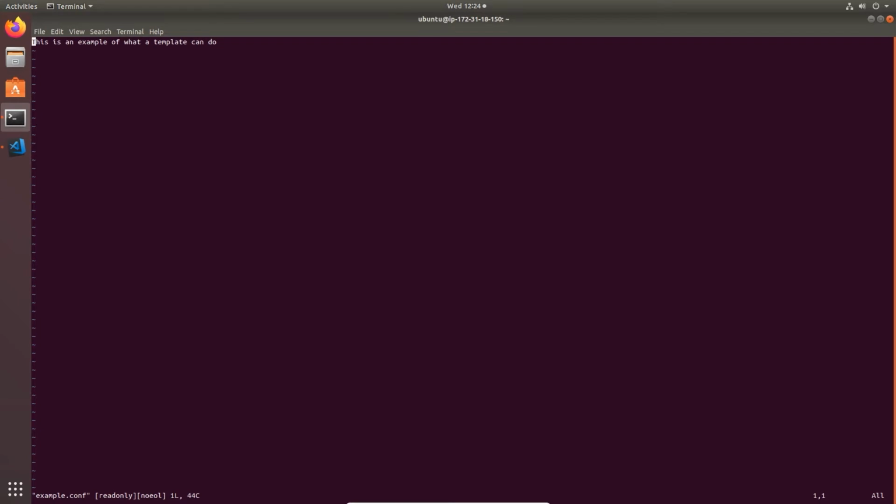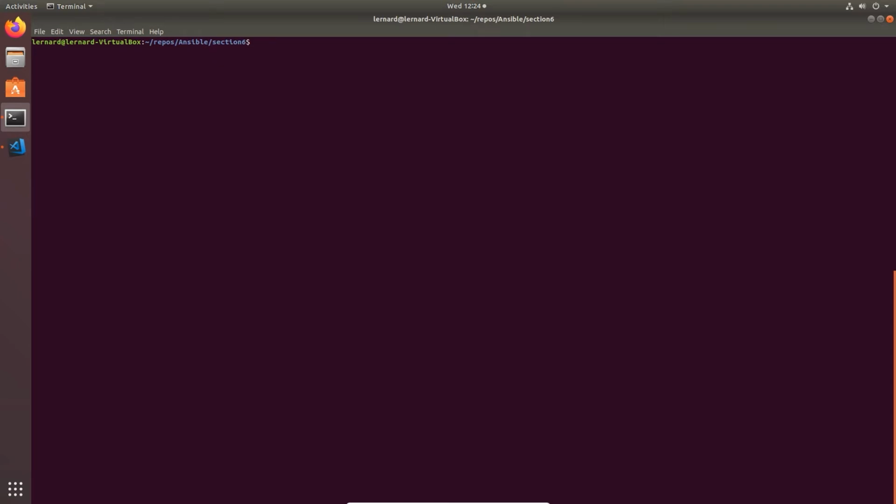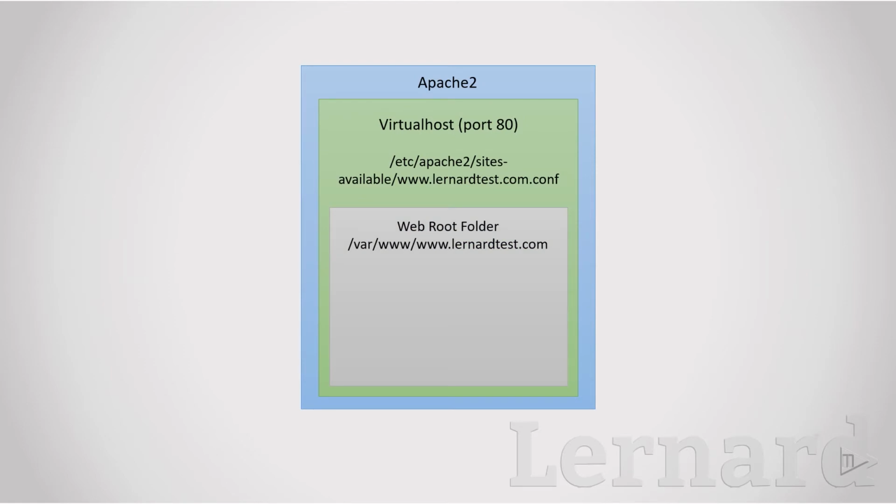Now we've seen the basic concept at work, let's have a crack at automating the full deployment of a working website on Apache then. Before we start, I've actually made this rather simple diagram to show what we're actually trying to achieve. We've got our Apache install, of course, and inside that we're going to define a virtual host using config at /etc/apache2/sites-available/www.learnardtest.com.conf,